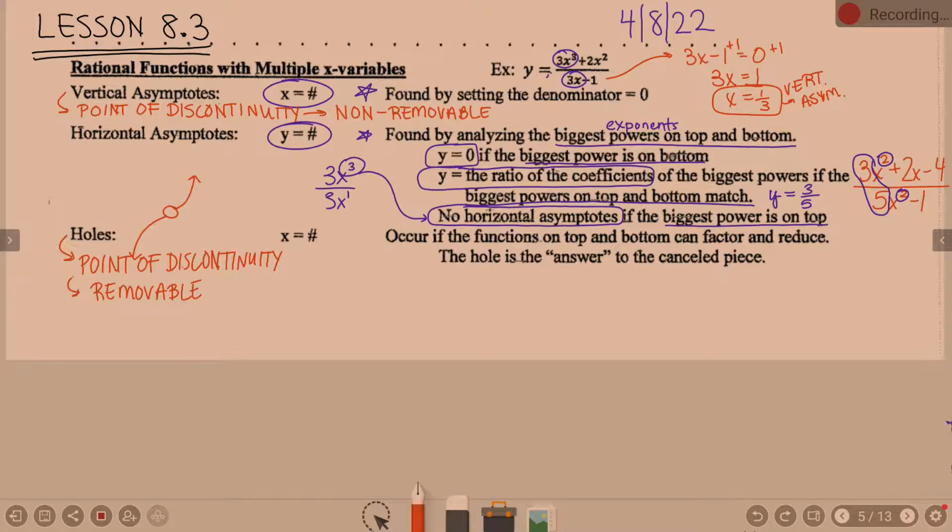So points of discontinuity can either be non-removable, and that's a vertical asymptote, or they can be removable. So work to remember those however you want. My weird thought is, okay, a hole, I could remove a piece in a hole or put a piece back in a hole. So it's removable or it's fixable. A vertical asymptote, I can't just remove a piece there. It's a whole big gap. I don't know if that makes sense or not, but